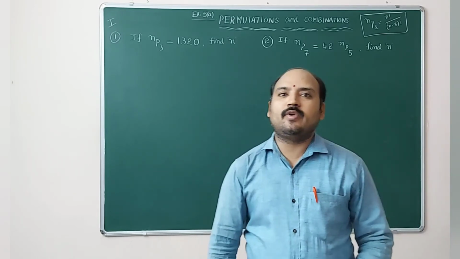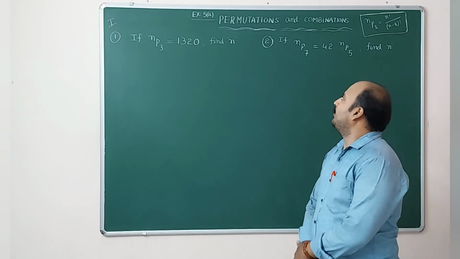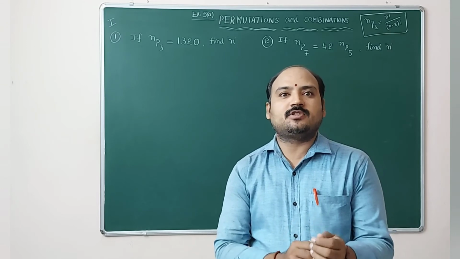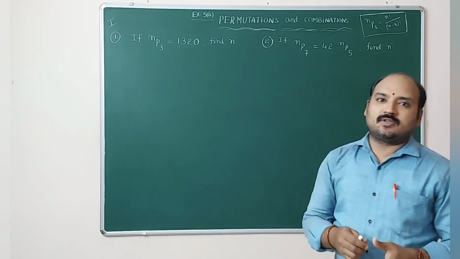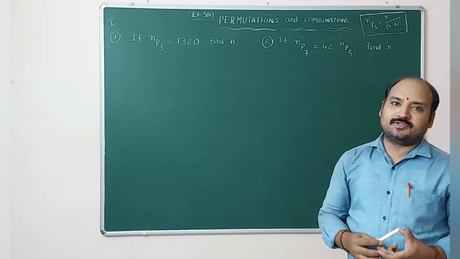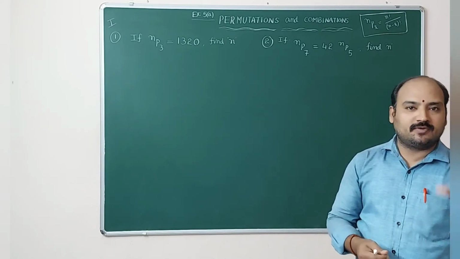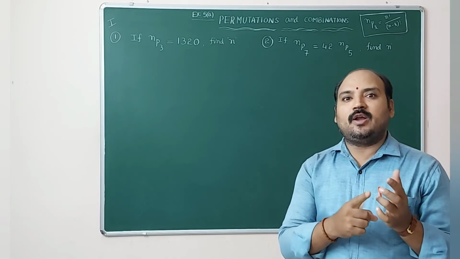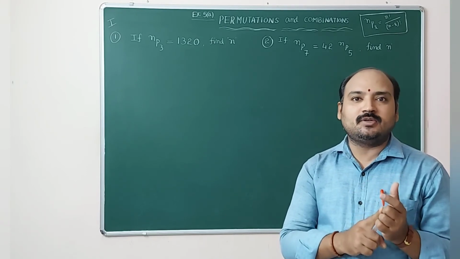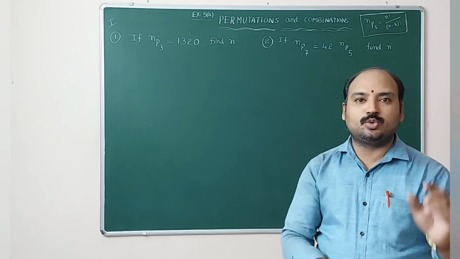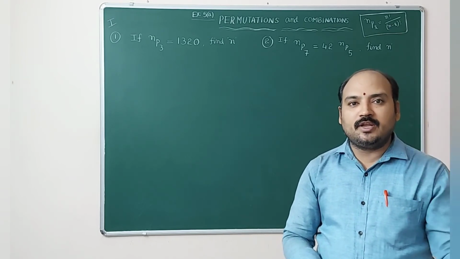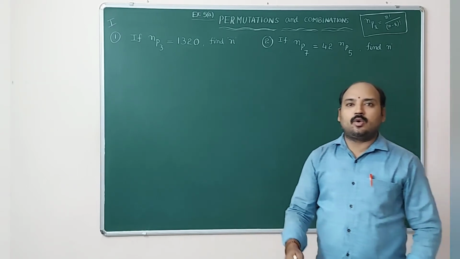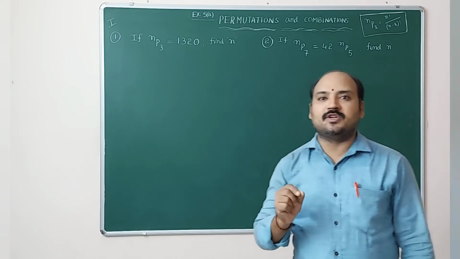In this video, we are going to discuss permutations and combinations. We already discussed the basics in the first video. Permutations only we have selected in the first video. We discussed the definition and examples regarding permutation. Permutations can be divided into two types: one is linear, another one is circular. In these sessions, we are going to discuss only the linear permutations.